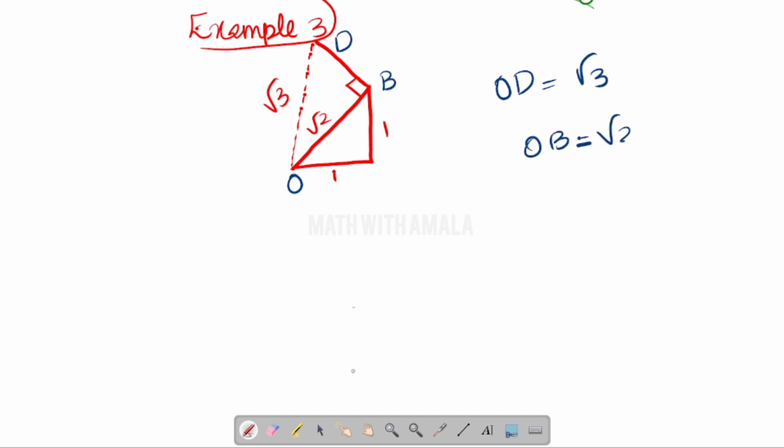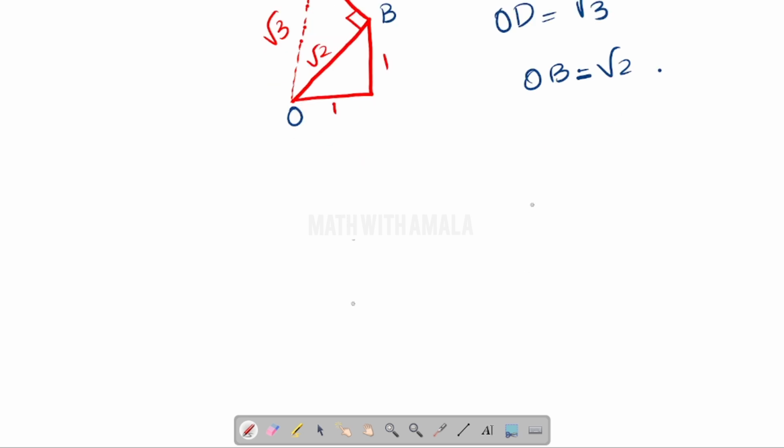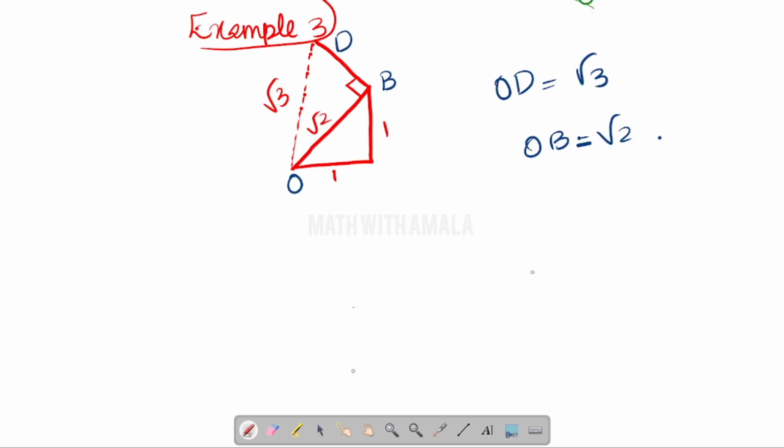Now let's take O as center and OD as the radius, and extend the baseline from O towards the right, and make an arc which intersects the baseline, which is the number line. Now you will get that this value also will be in between 1 and